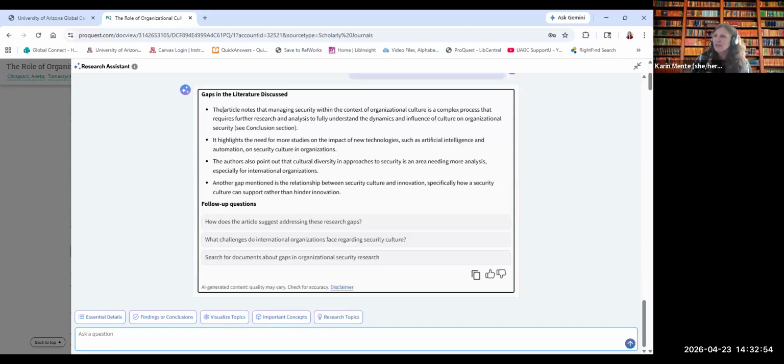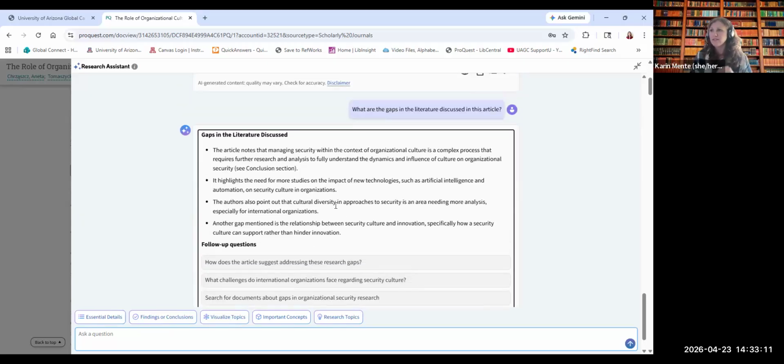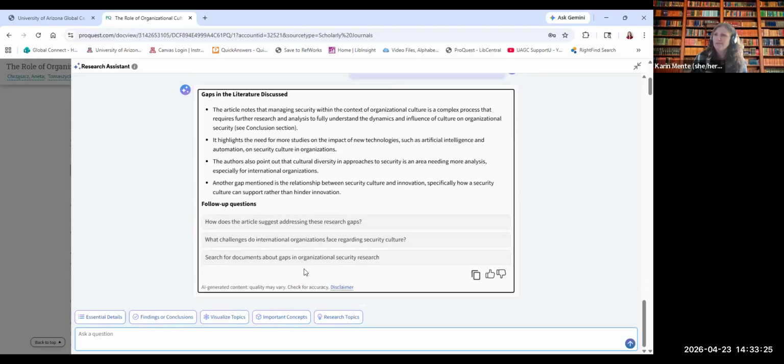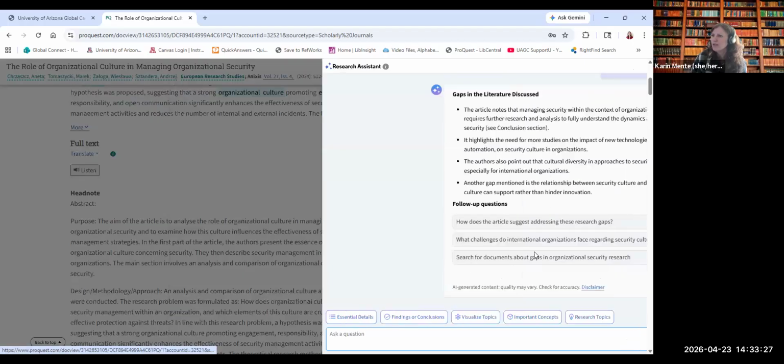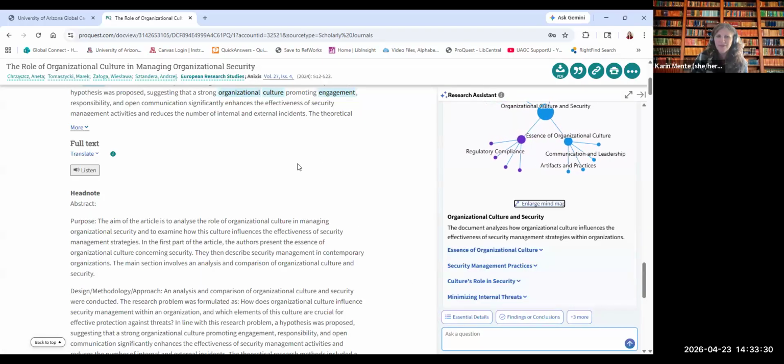And now it breaks down exactly what this article mentions are gaps. And again, I can't stress enough, don't take any information provided here for granted. You always want to go to the source and interact with the actual author's writing. But this is just a quick time saver to figure out: is this worth my time? Do I want to read this article? Is this going to help me push my research further? So yeah, that's just another tool that you can explore there. I love it. Inspect what you expect. That is fantastic.